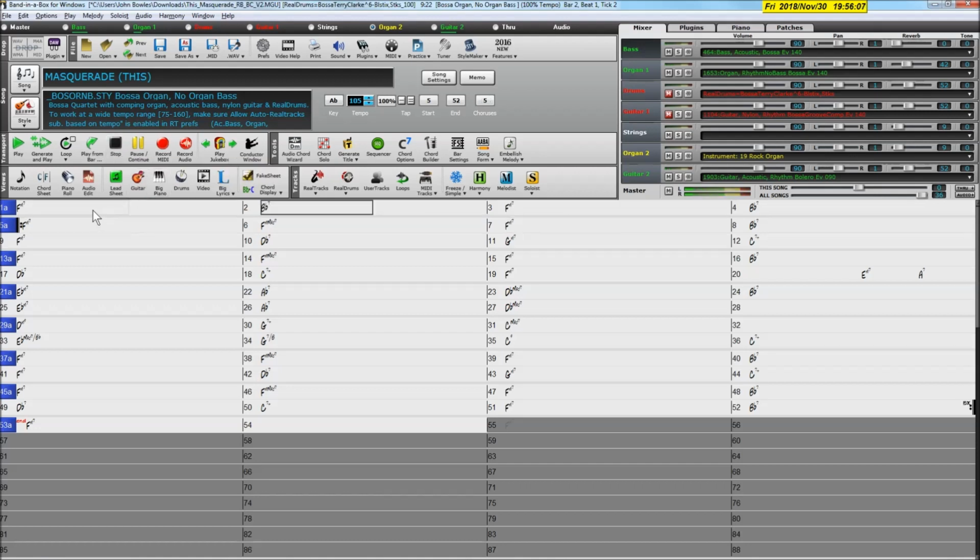Okay, so as you notice while it's playing, it highlights each bar, and this changed to 5. Okay, so it would repeat this section in here 5 times. Now the other thing